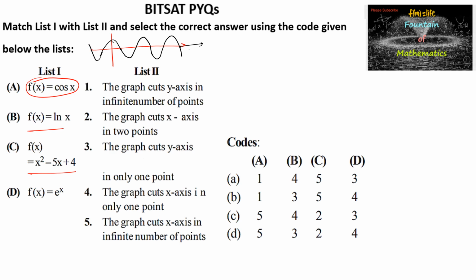The graph cuts the x-axis at infinitely many points, so we can go with option 5. So option A matches with 5, and C and D are matching. And coming to the second one, f of x is equal to log x, and the log x graph,